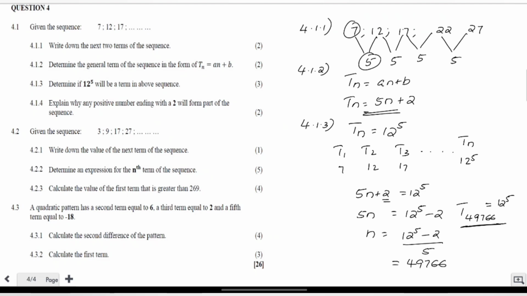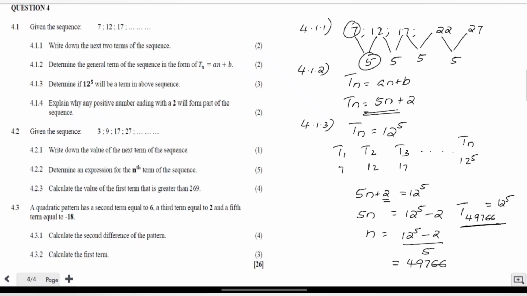So obviously the starting number is 7, and as it goes, what will happen? You will see positive numbers. So any number ending with the 2 is part of this. So 222 is part of this one. 352 is part of this pattern. Okay. So not only ending with the 2, ending with the 7 is also part of this one, because